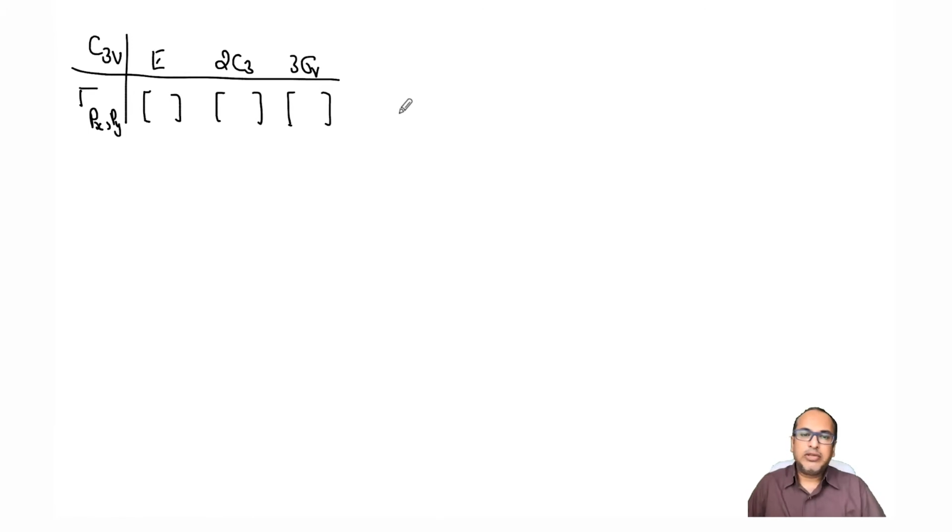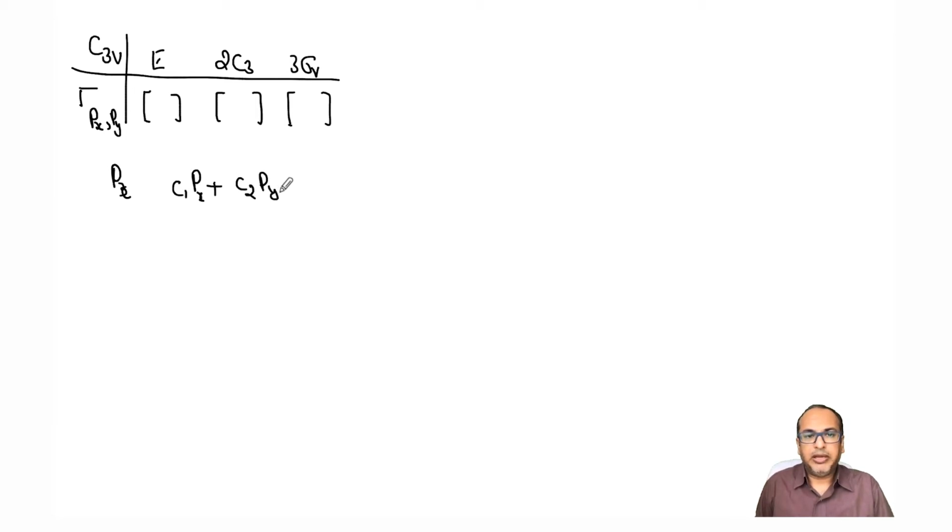So here, for all three of them, that was an irreducible representation, right? Although we started with px as the basis, we ended up getting a representation which is a linear combination of px and py. We started with px, but we ended up with some coefficients with px plus py. For example, when we were doing C3 rotation, we got minus half px plus or minus root 3 by 2 into py. So that means eigenfunctions can also have degenerate eigenvalues.